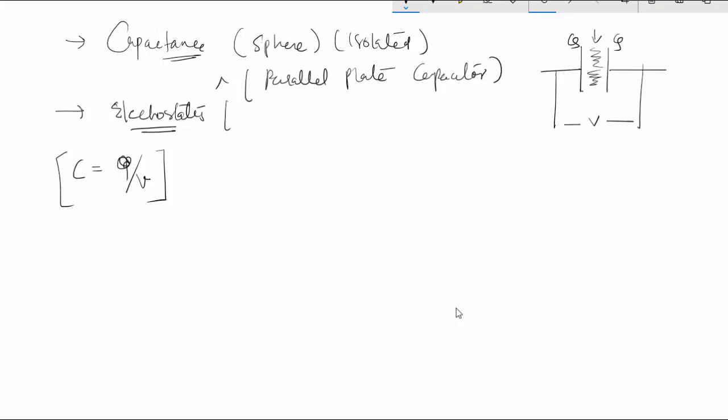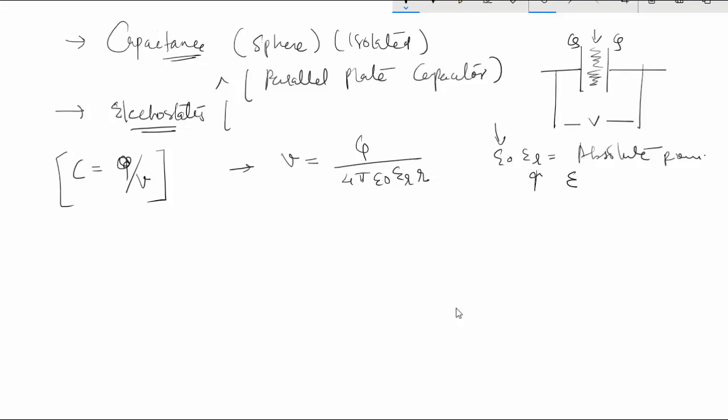And we have the equation for the potential which we derived in electrostatics, which is given by Q upon 4 pi epsilon naught epsilon r. Epsilon naught epsilon r is what is known as the absolute permittivity. This is the relative permittivity, and this is the permittivity of free space. Together they are known as epsilon. So the capacitance, if you substitute in this equation,